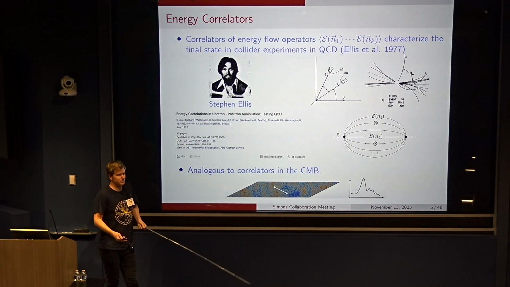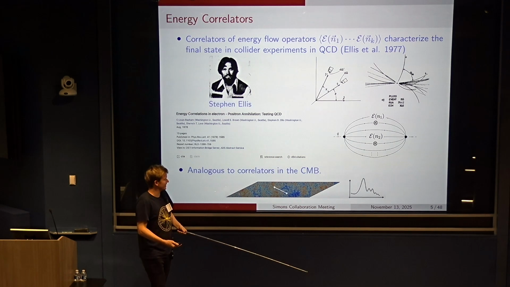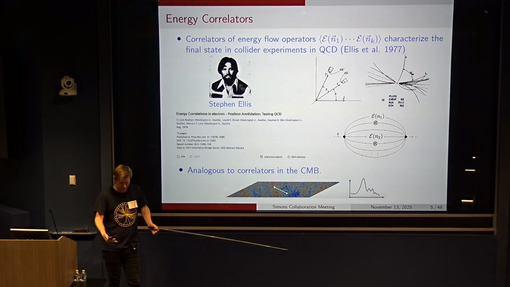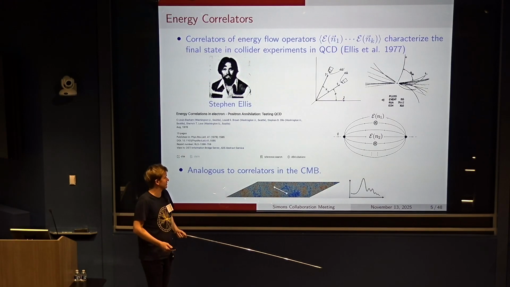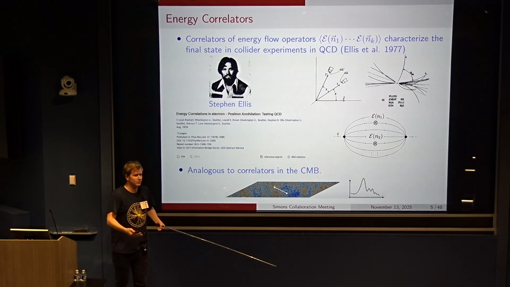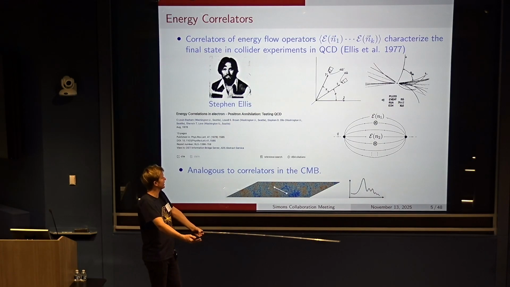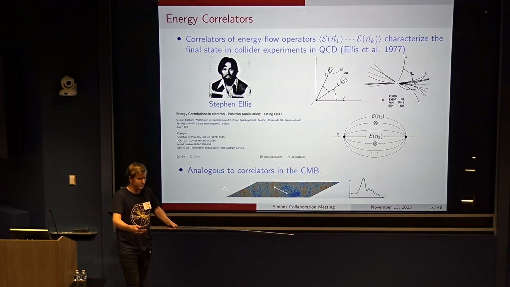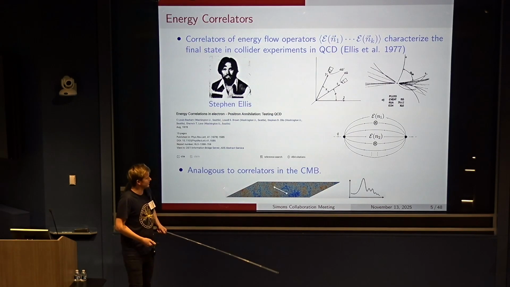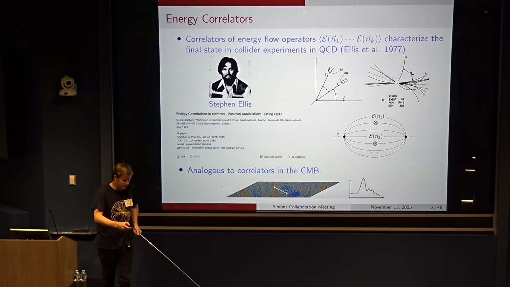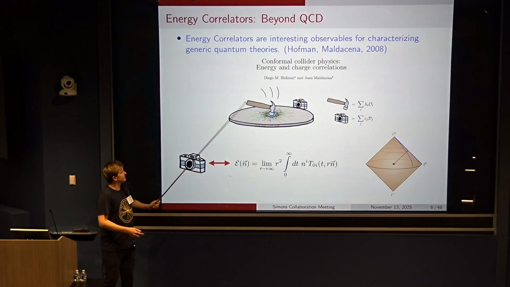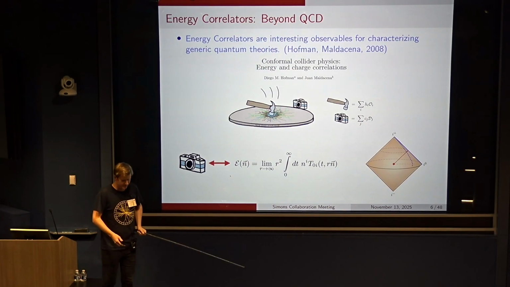And so this was something which was pursued vigorously from the late 1970s, going on to the late 1980s. And it was very important for establishing the theory of QCD as the theory of the strong interactions. But then as that was established, people lost interest in this direction, and these things were left for a long time, about 30 years, as just something which people do in QCD, and nothing beyond that. And so these observables were resurrected about 30 years later in this important paper by Hofman and Maldacena.